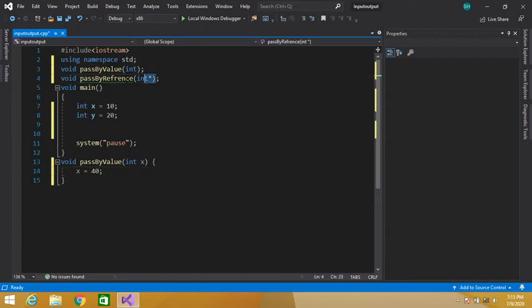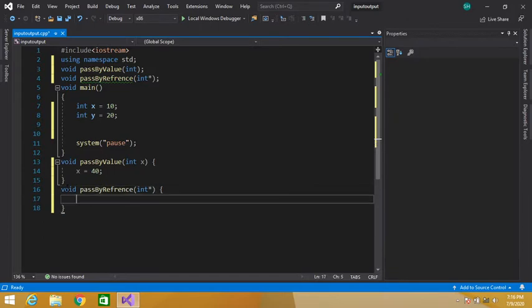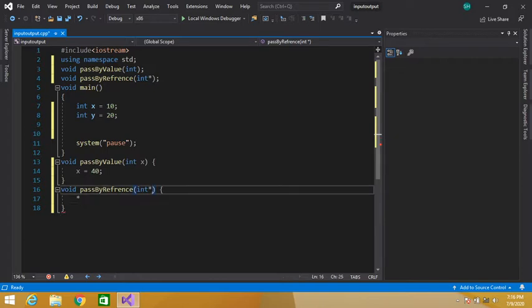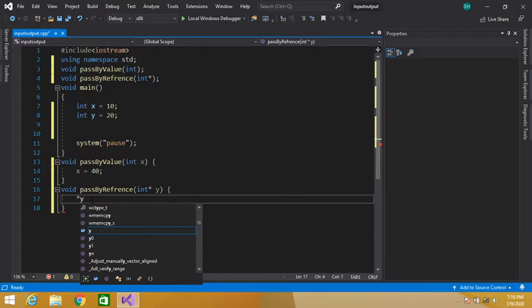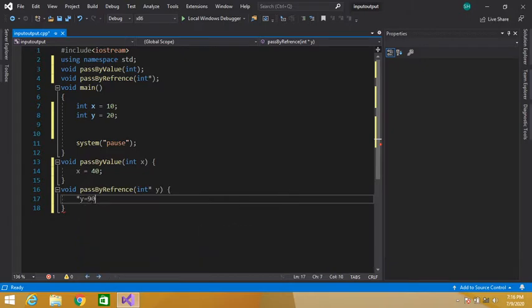Similarly, copy this and here y is equal to say 90.